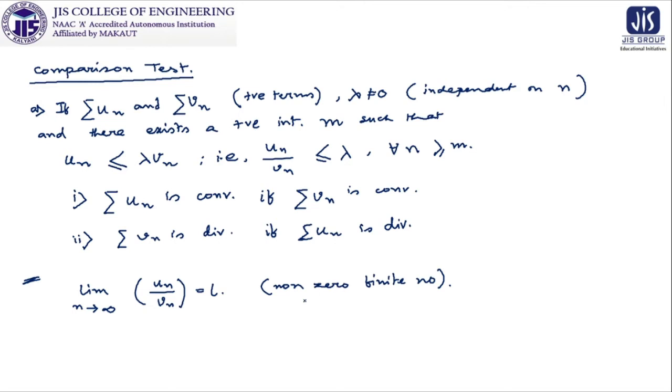Now we are going to see one example so that our concept will be clearer in the application of the comparison test. So we are taking one problem like this one in the fresh slide: the series 1 plus 1 by 2 factorial plus 1 by 3 factorial plus 1 by 4 factorial, 1 by 5 factorial, and so on. We have to check whether this series is convergent or not. So how to check it? Let us start the process.